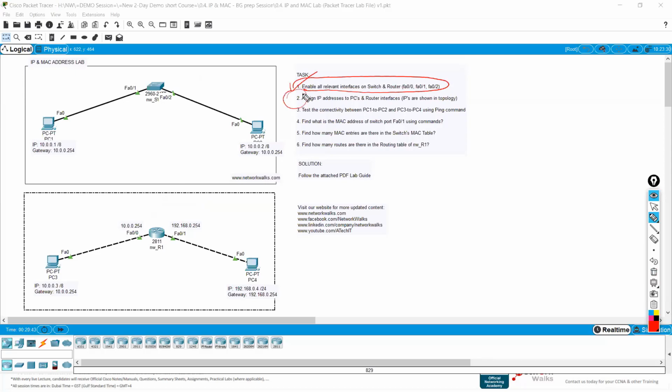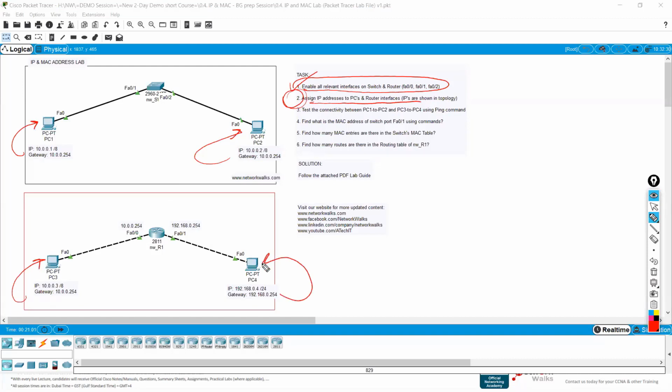Now let's go to task number 2. Assign the IP addresses to the computers and router interfaces. Yesterday we did it already. We have to assign this IP address to this computer, this one to this. This IP address should belong here, this one should be applied here, this one in here, and this one in here. And the router also needs IP addresses. The switches don't need IP addresses because switches work on layer 2 based on MAC addresses. We just discussed all of that, while routers work on layer 3, so they need IP addresses. So let's do step number 2 one by one.